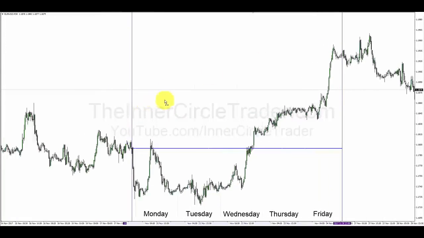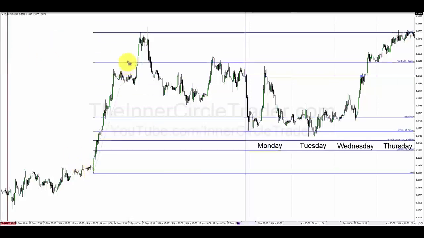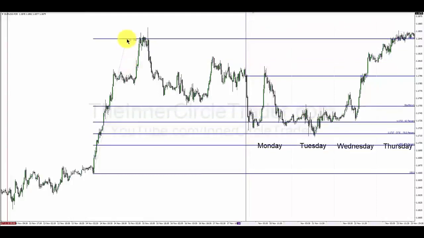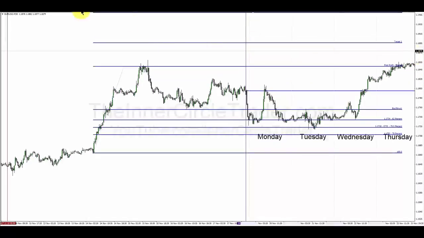So we're going to scrub over to the left of our price action here. You can see we have the impulse leg here to the high. So we're going to run our fib on that using the lowest body open or close to the highest body open or close. Right there. Okay. Now we're going to put some horizontal lines in because these are objectives that could happen going